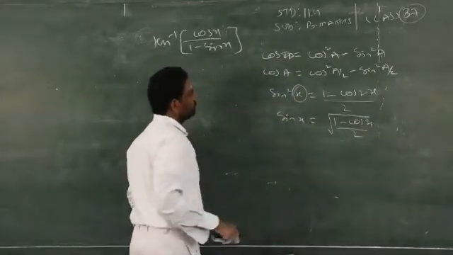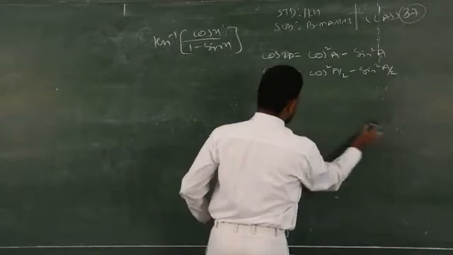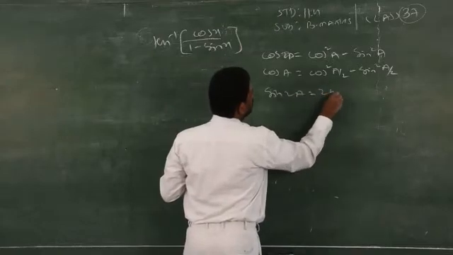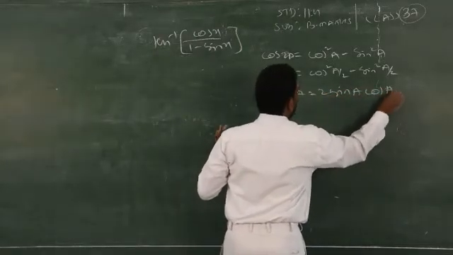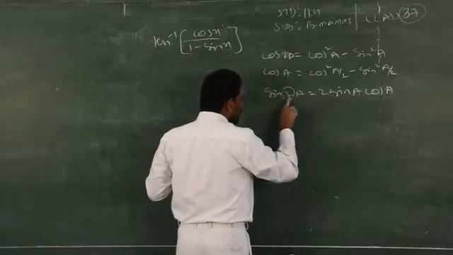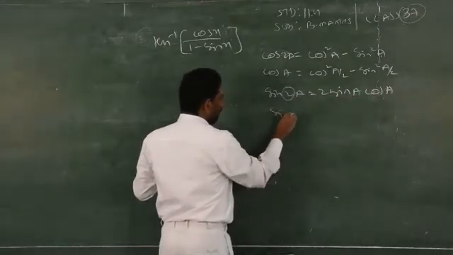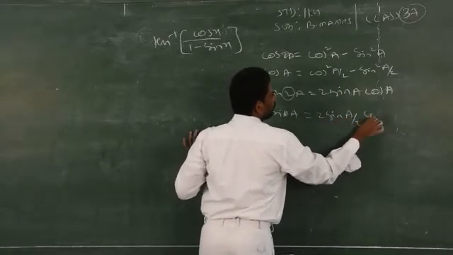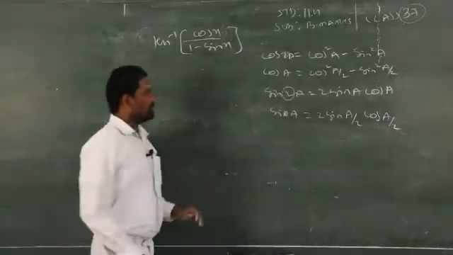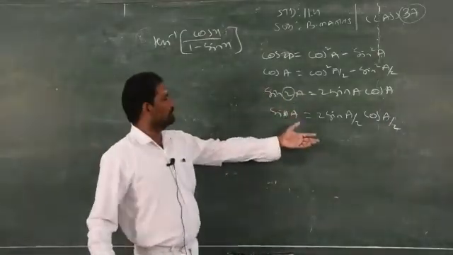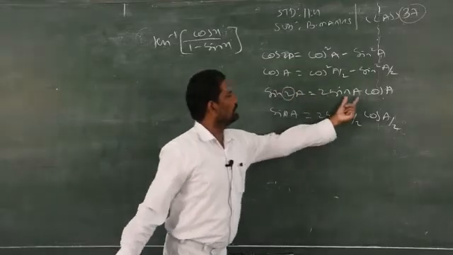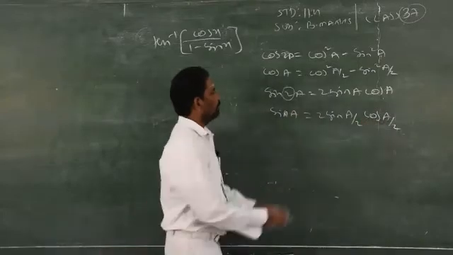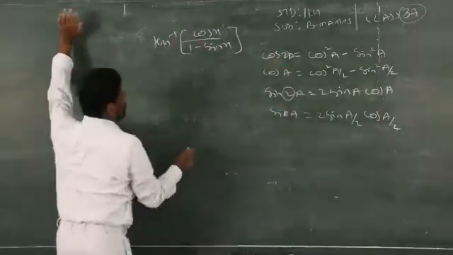or we have one more formula. This is one formula that I have to use, but here I can take sin 2a is equal to 2 sin a cos a. If it is 2a, half of the angle should be there on the right side. So I am taking now a. Sin a is equal to 2 sin a by 2 into cos a by 2. These are called the semi-angle formulas. Sin 2a, half of the 2a is 1a. Here I am taking only a, which means half of a is a by 2. Now I am applying these two pieces of information in the given question.